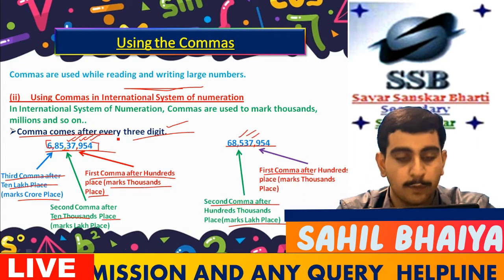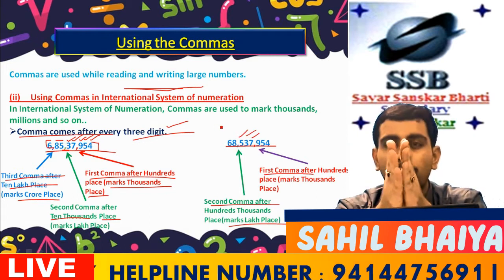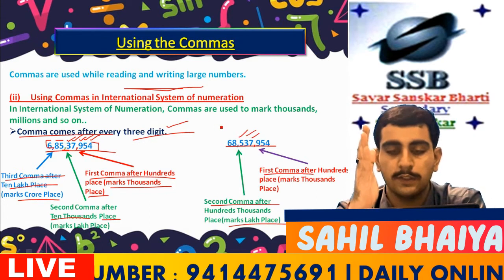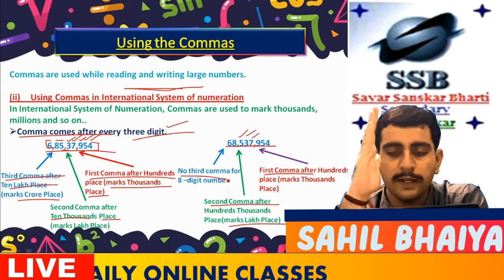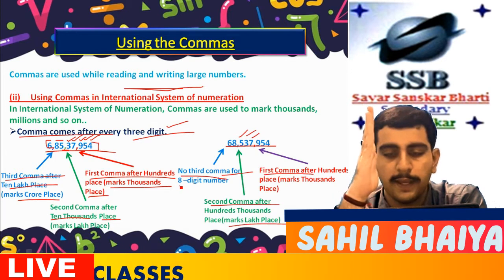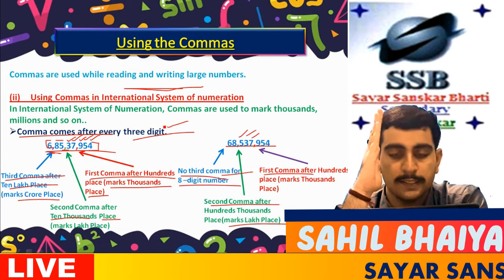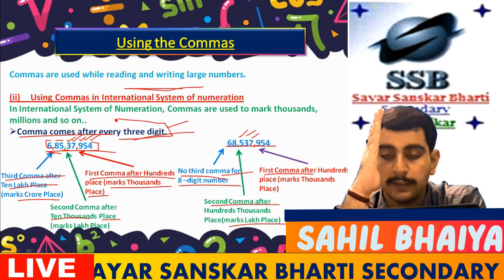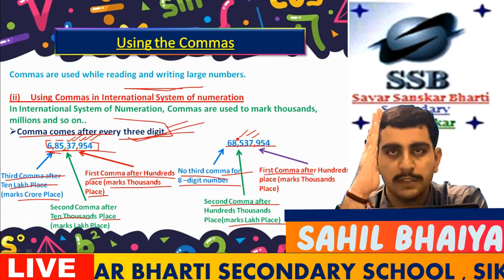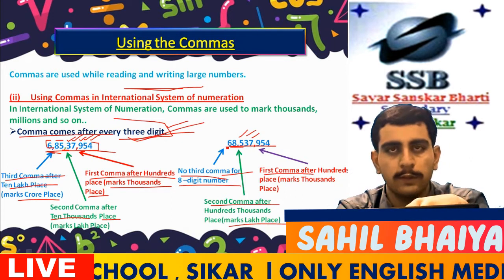Now let's move on to the next part, which is homework. You all have to do these questions which you can see just behind me on the screen. What are they? The first one is filling in the blanks. The next one is placing commas correctly and writing the numeral. Next is inserting commas suitably and writing the names according to the Indian system of numeration. And the next one is the international system. You have to solve these questions.